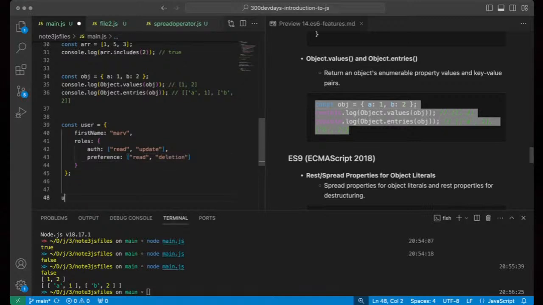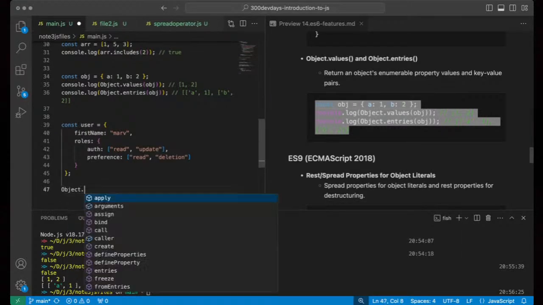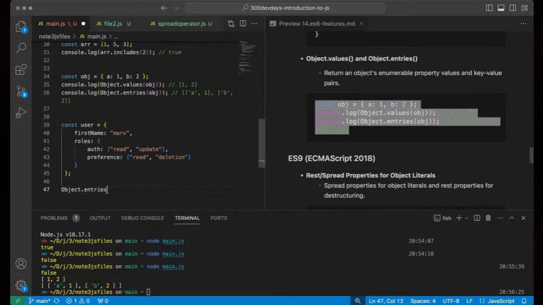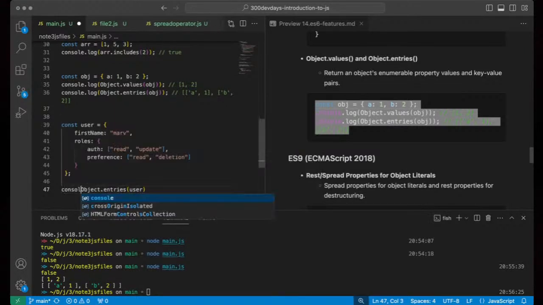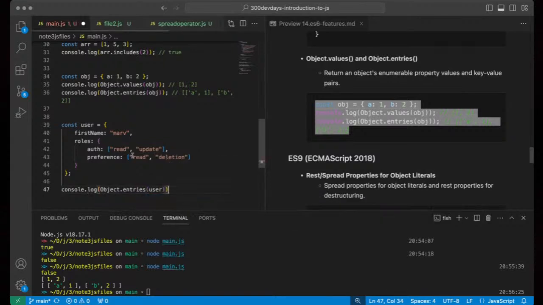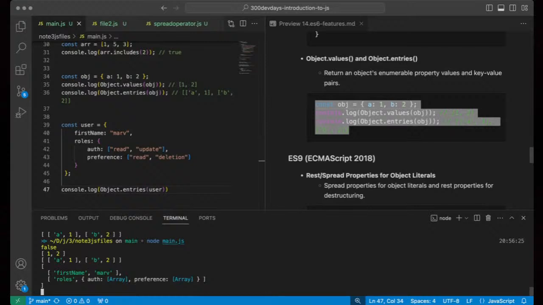So if I come in here to say user, and I say, sorry, if I say Object.entries, and I then pass in the user object right there, console.log. Now, remember, I need to say user.roles, by the way, but let's start from here.